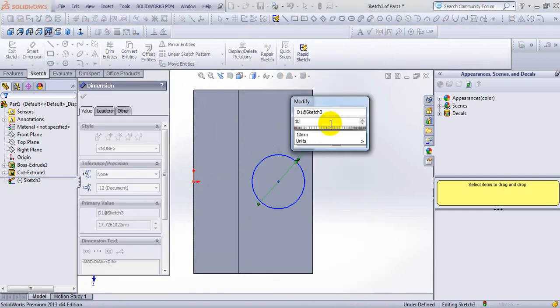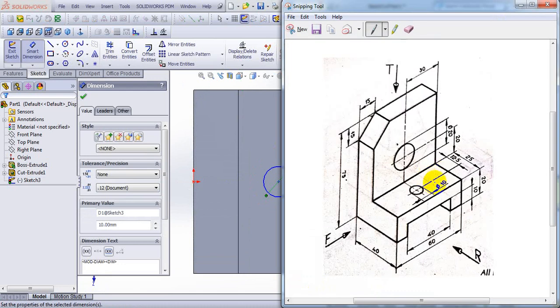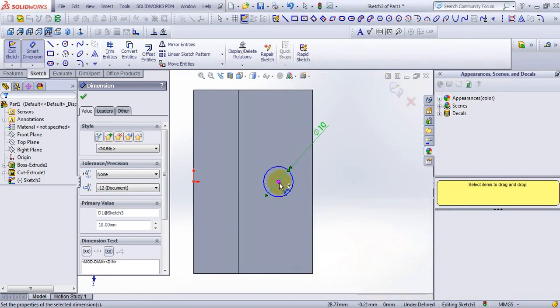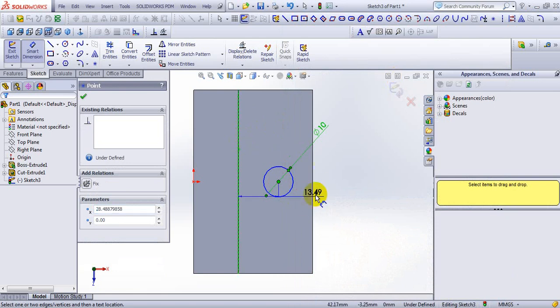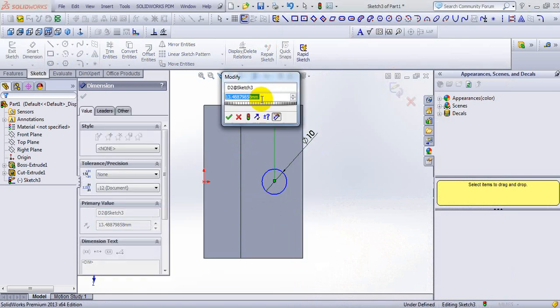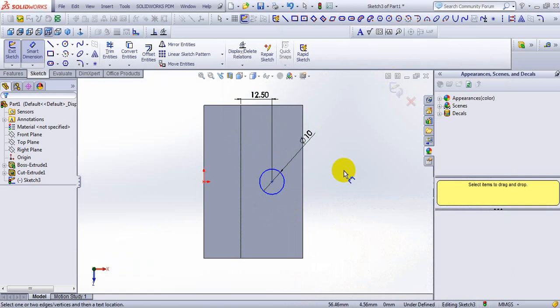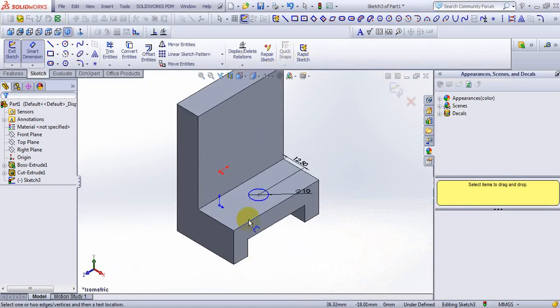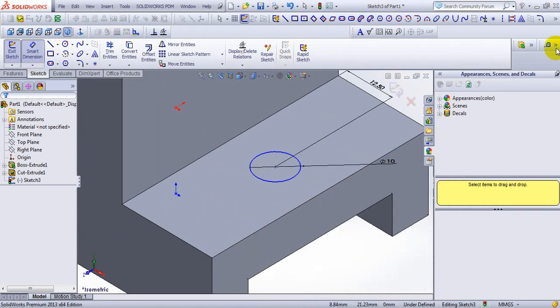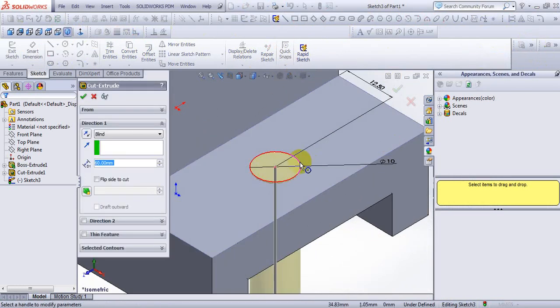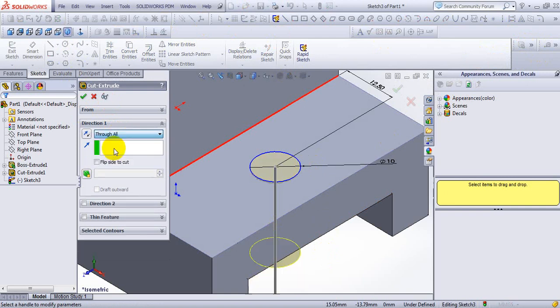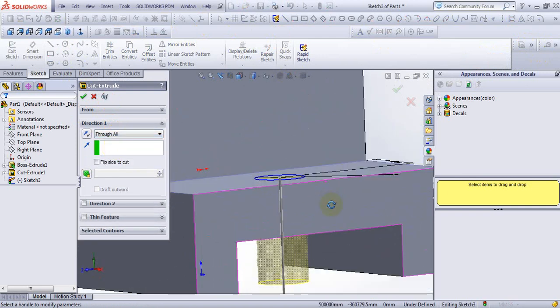Diameter of this circle is 10 mm, and a distance of 12.5 mm is specified from this corner to the center of the circle. Center of the circle to this edge is also 12.5. Now select isometric view, cut extrude, and this also through all. Select OK.